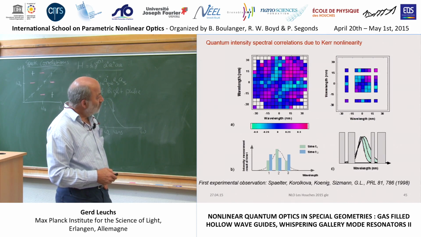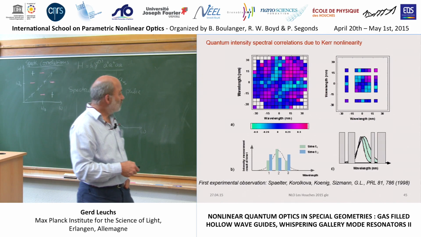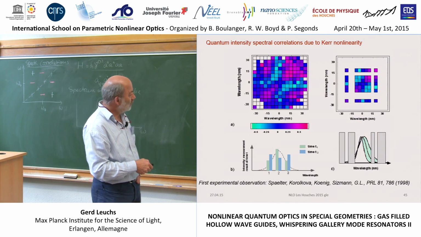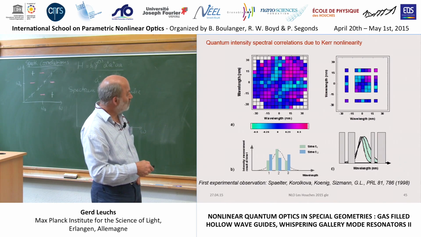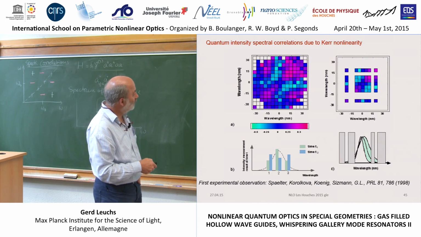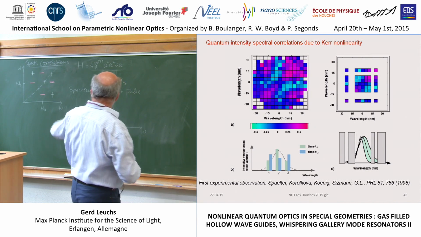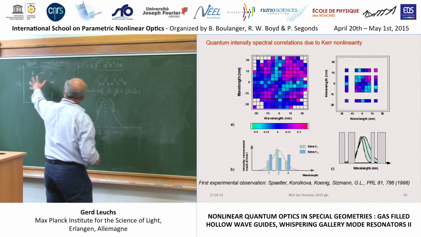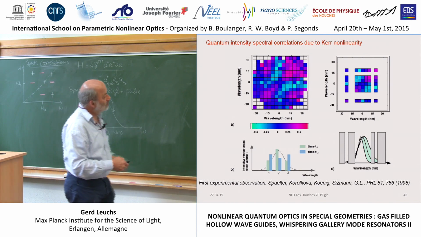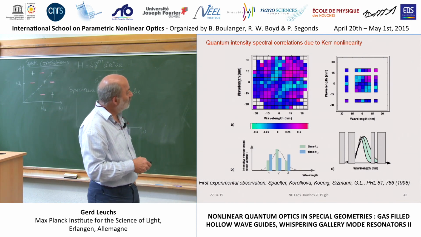So when you do this, then you can look for these correlations, and this is a color code. Dark blue is no correlation, reddish is positive correlation, and light blue or greenish is negative correlation. Basically what you see, we recover more or less this correlation picture. There are some more details here, but this was only a very rough